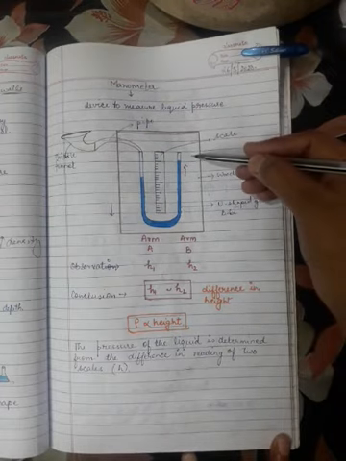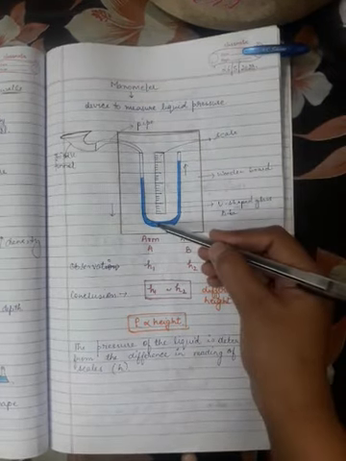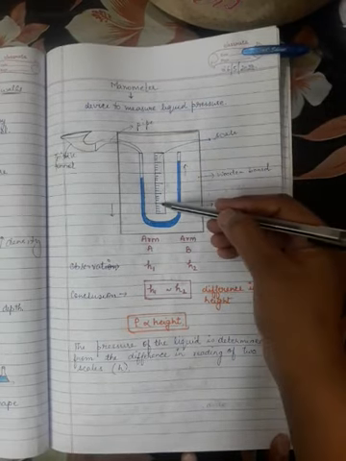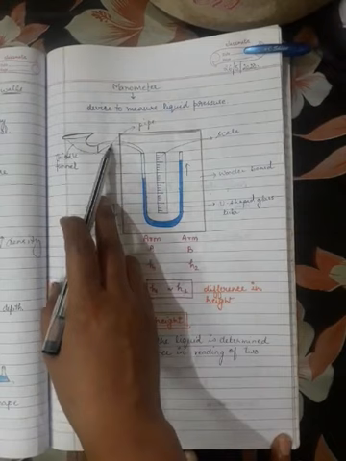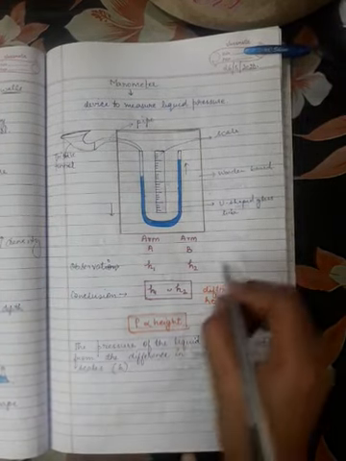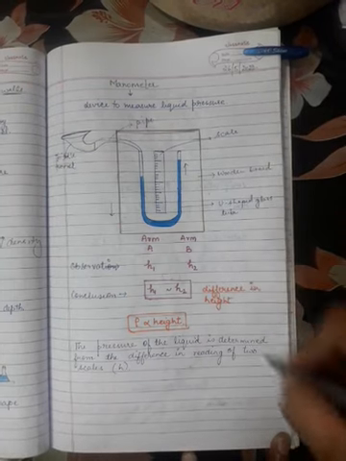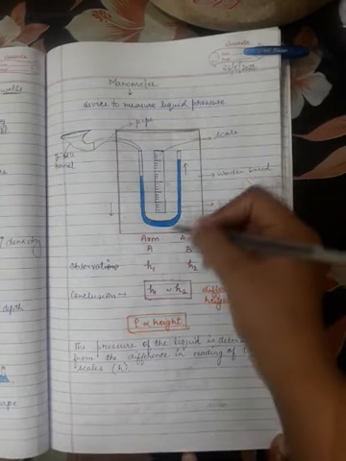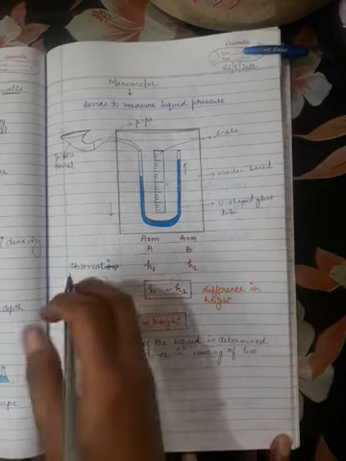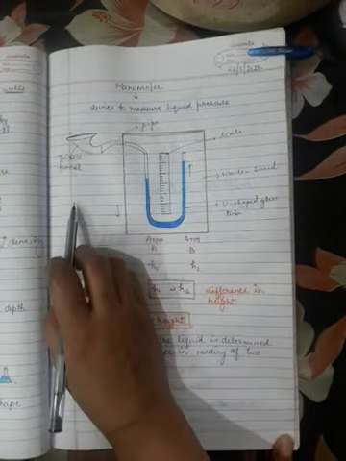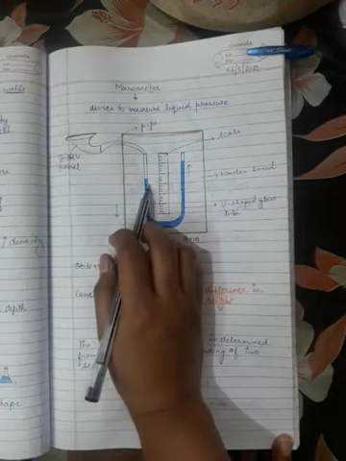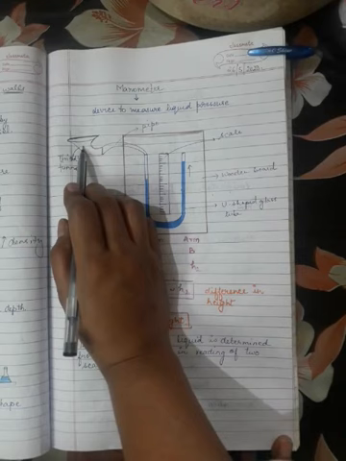It is a wooden block. This is a U glass test tube, open on both ends. This is a scale. This is a rubber tube, and this is a thistle funnel. The liquid which we have to fill in this manometer is the liquid whose pressure we want to determine. So we will take liquid in a beaker, and then we will start pouring the liquid in this U tube glass via this thistle funnel.